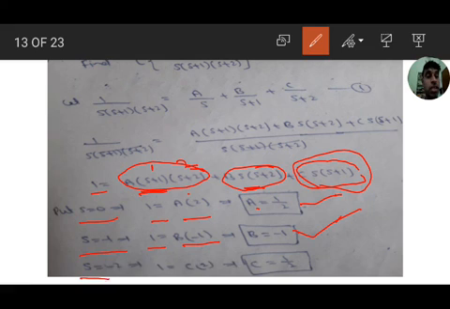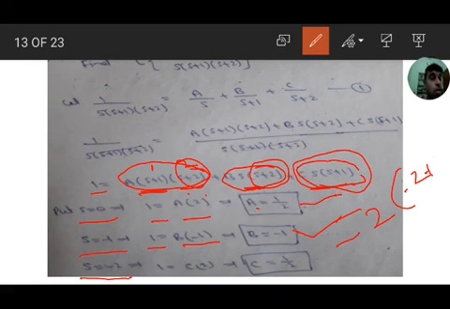And substitute s equal to minus 2. If you substitute minus 2, 1 equal to s plus 2 means it is 0, so b term is 0 and a term is 0. We get c only, c into minus 2 into minus 2 plus 1. So we get minus 2 into minus 1, minus 2 minus 1 means 2. Therefore c equal to 1 by 2. Therefore a value is 1 by 2, b value is minus 1, c value is 1 by 2.